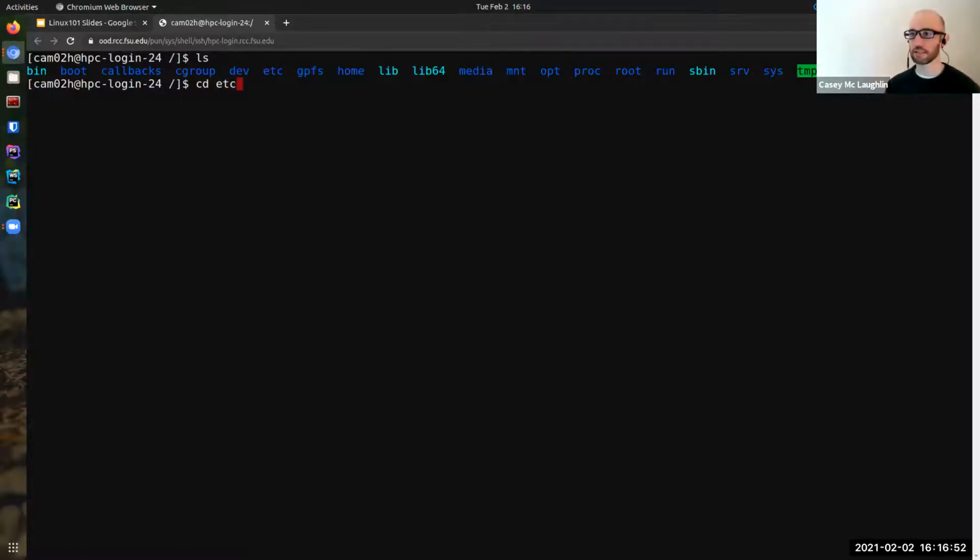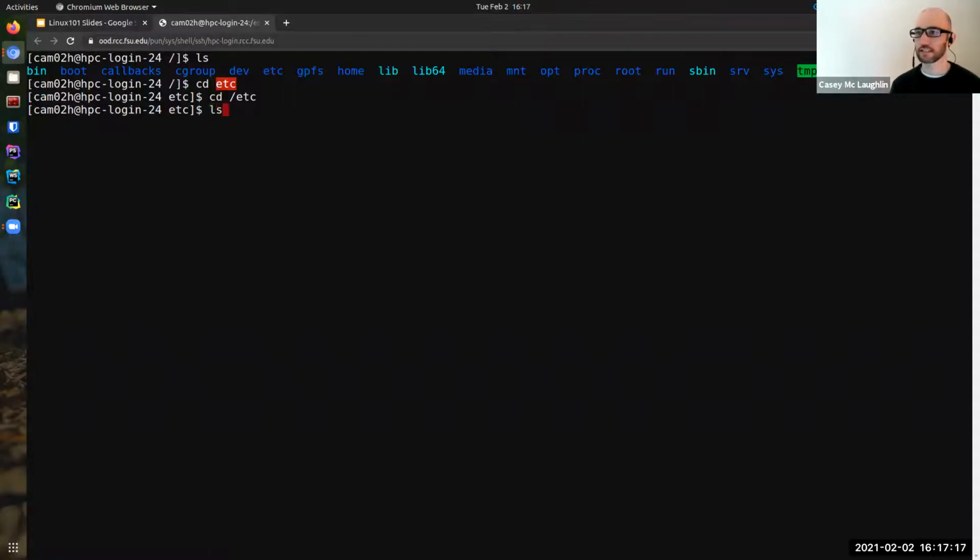You can just type in etc. And since I'm in the root path, I just had to type in etc. Now, I can teleport there instantly by giving an absolute path, but I can move around the system relatively too.